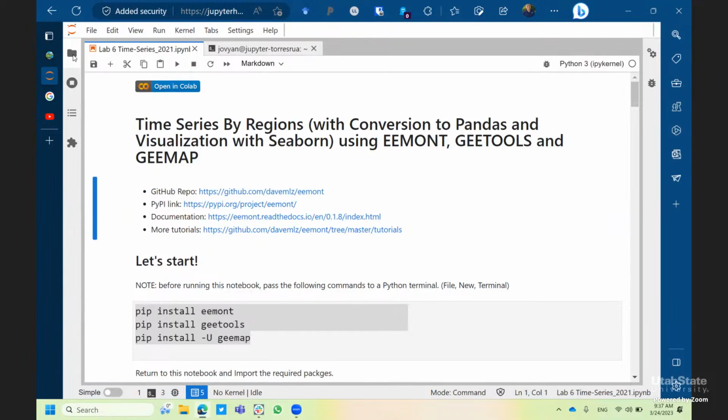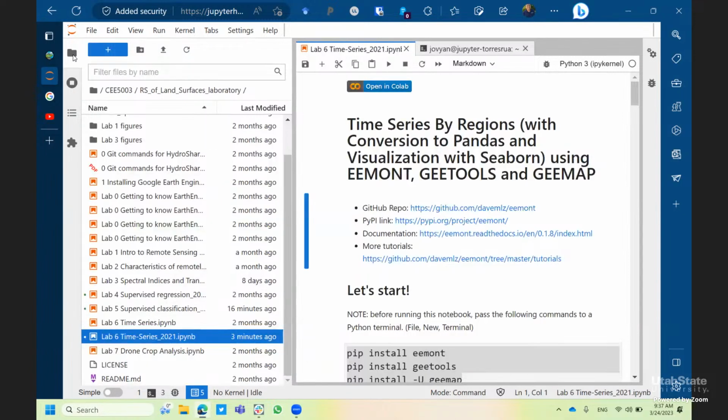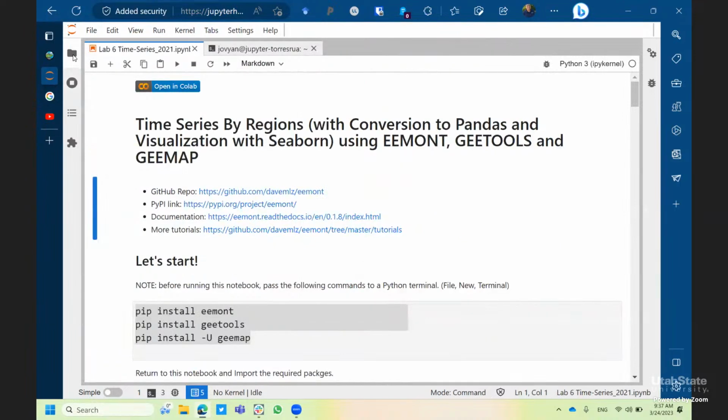So when you open your HydroShare account, open the file lab 6 time series 2021. That lab is an upgraded version of what we had before geemap. Doing time series was very difficult. The other file called lab 6 contains a lot of code. It was possible, but we had to develop a lot of code. Now, with geemap,